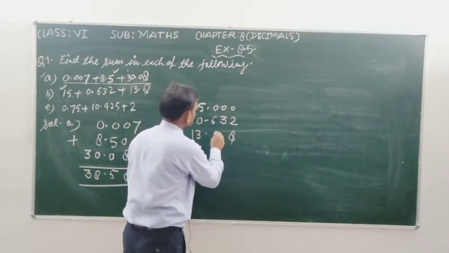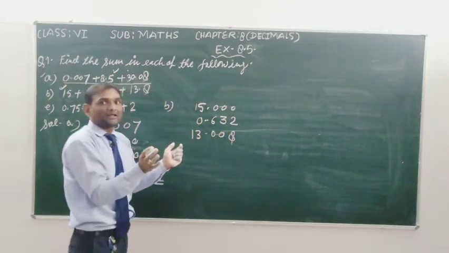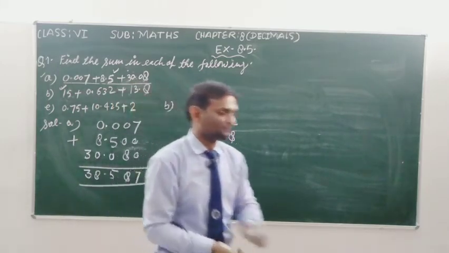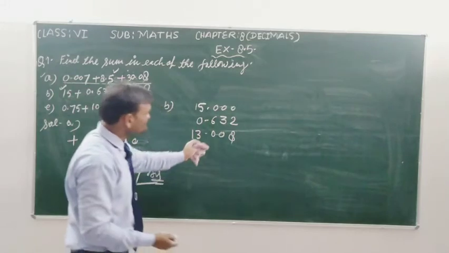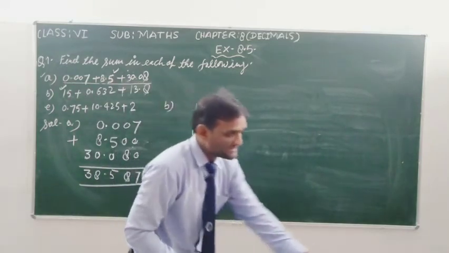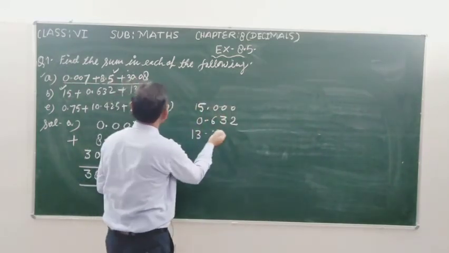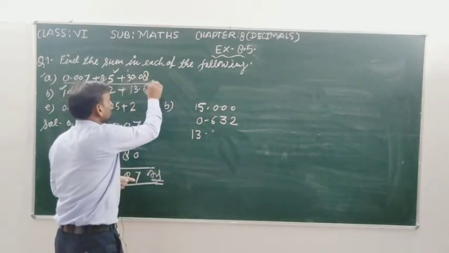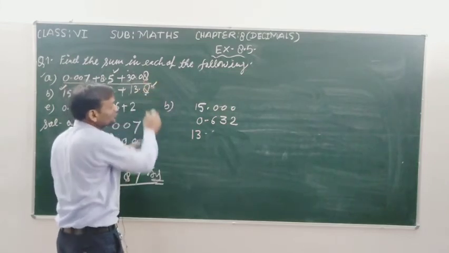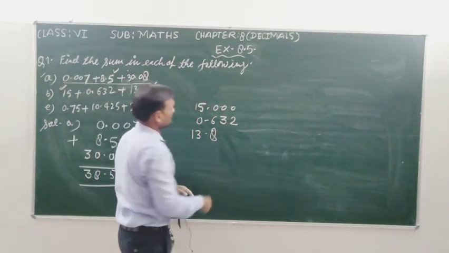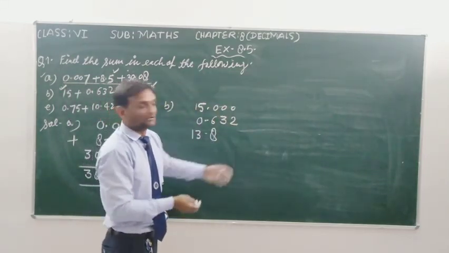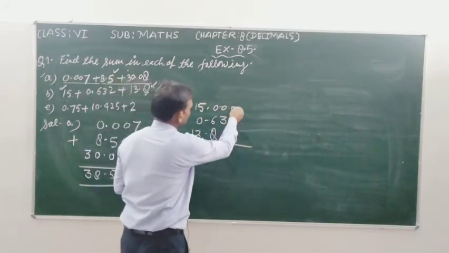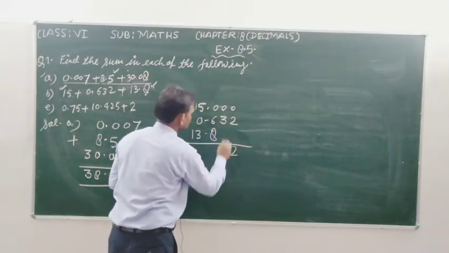by completing the whole places. सभी प्लेस मेरे कवर रहे, सभी प्लेस मेरे कंप्लीट रहे, इसलिए एक यहां राइट करते हैं. That is wrong student. It is important to understand. ये समझना आपके लिए जरूरी है. Where we write the 8, 8 belongs to the 10th place, so we write 8 below the 10th place, not hundreds, not thousands. So after this we added 2 plus 0 is 2, 3 plus 0 is 3.